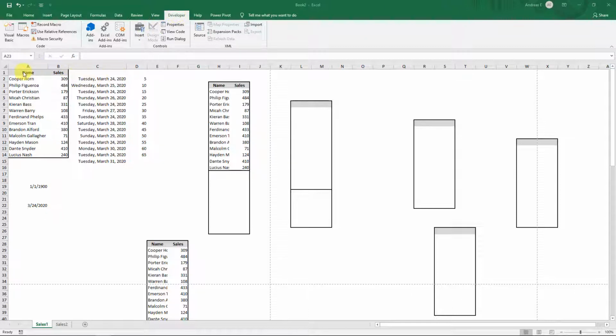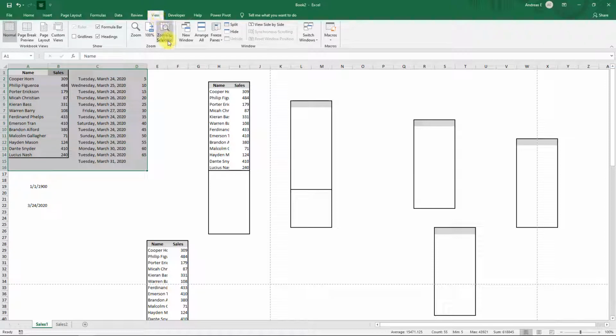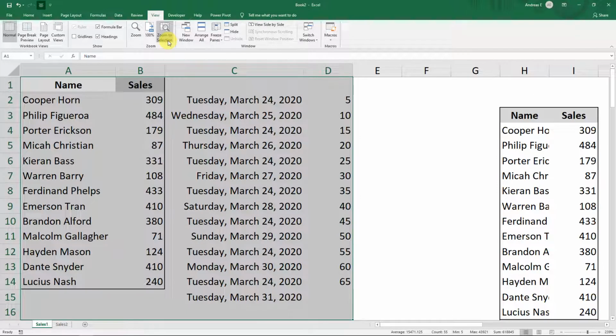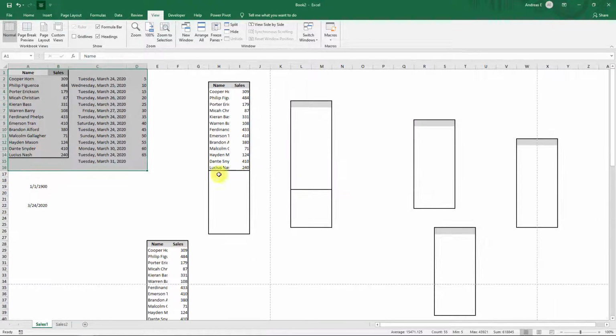One of the things that we commonly see is that when we have a lot of data and we want to put only a portion of the data in focus, you can select the data, go to the View tab and click the Zoom to Selection button. Excel will zoom it to such a large extent that only these things are visible. Everything else is still there, but they are beyond the scroll area. Restore it to 100%, like this.